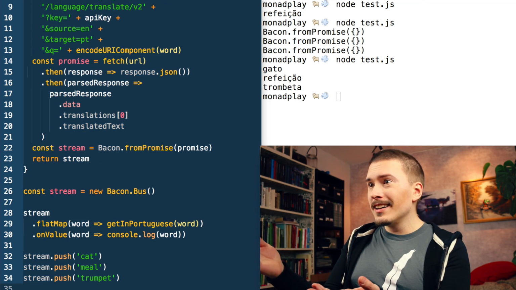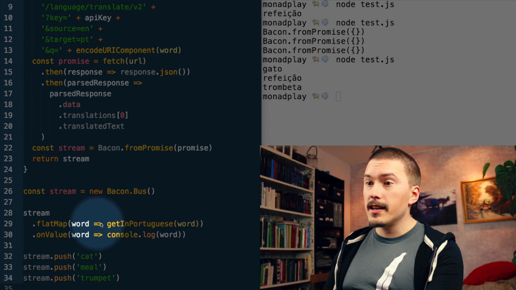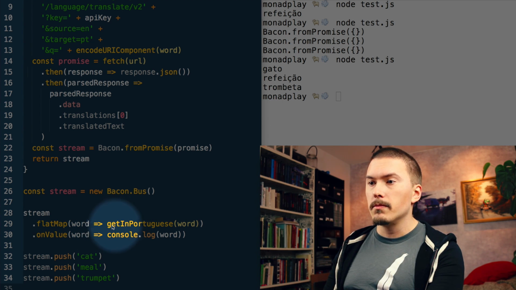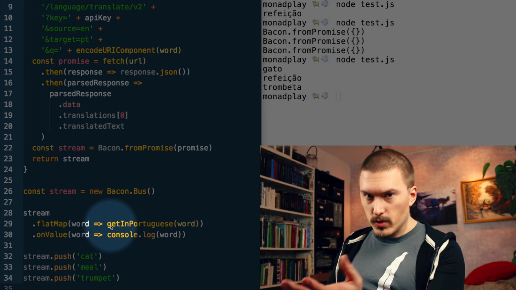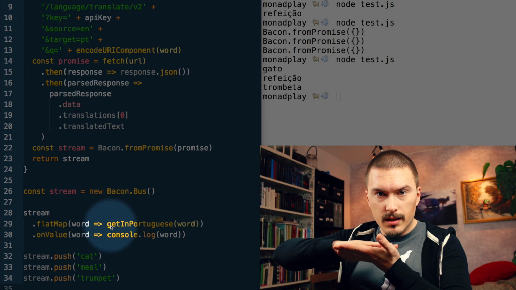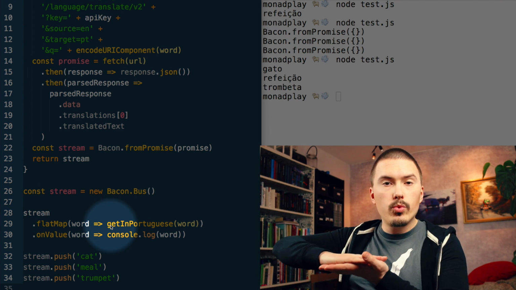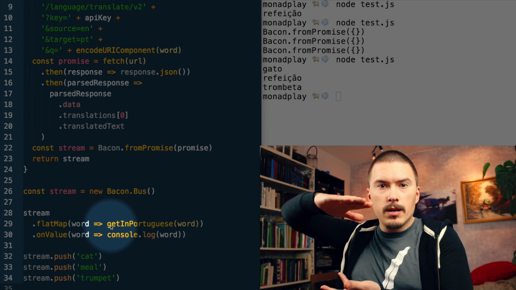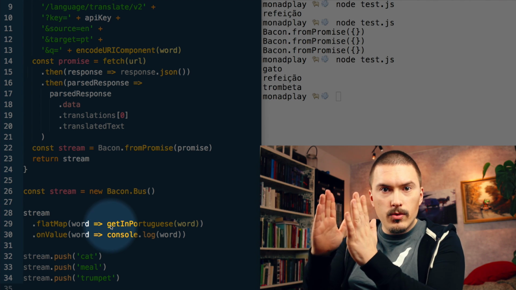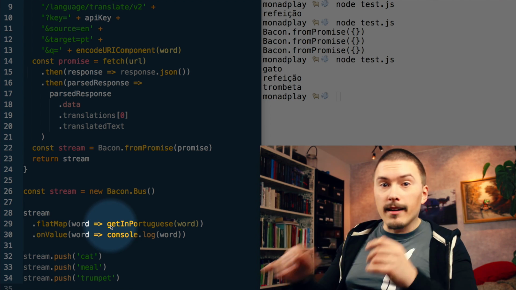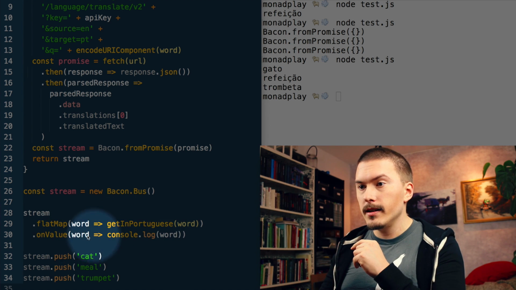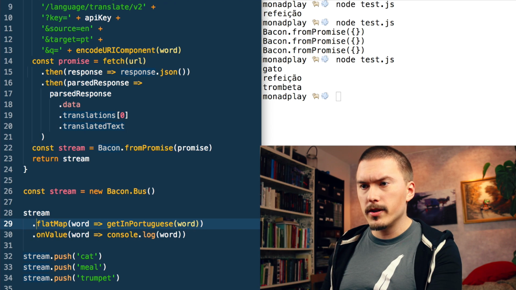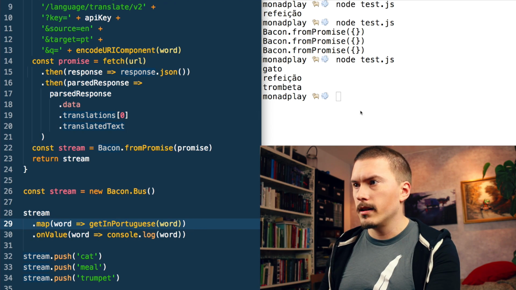Ain't this cool? What flatMap does is that it will take the return stream that comes from getting Portuguese, and it will wait for that to resolve, you know, flatten it into its actual word value. It will take the stream, flatten it into the contained word value, and then it will pass it on to the onValue callback here. Let me change back to map for a second, just to give you a rehearsal,